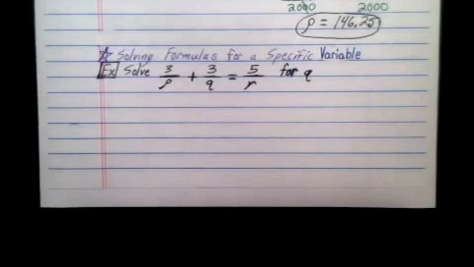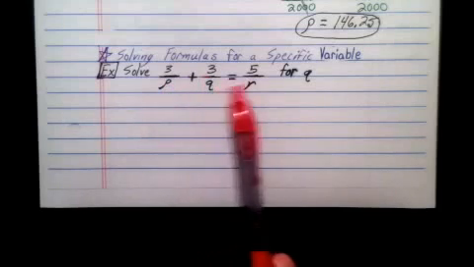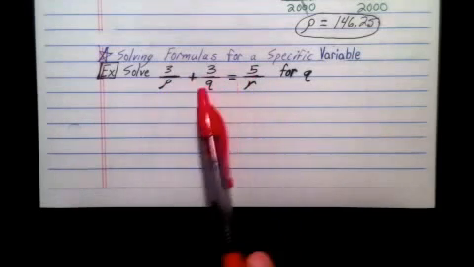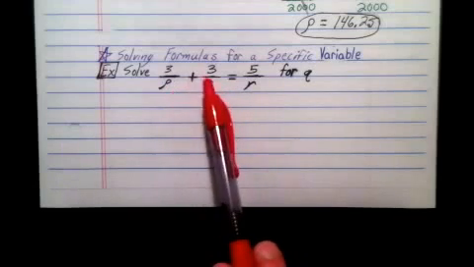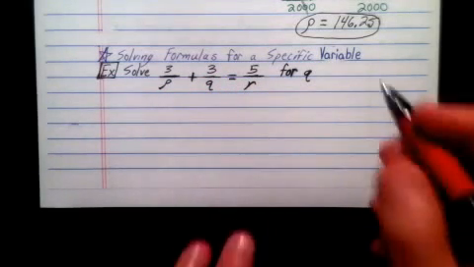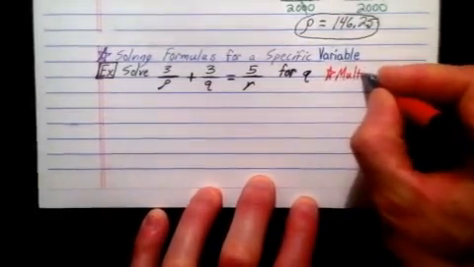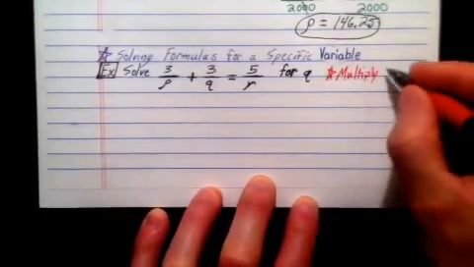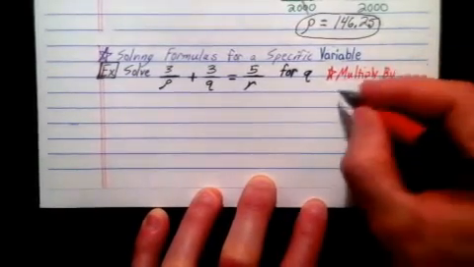Alright, so first things first, if we have a problem involving three different fractions, we can't do the cross multiplying because it's not just a fraction equaling a fraction. We can multiply by the LCD, though, of P, Q, and R in order to clear our fractions. Okay. So we want to multiply by the LCD,